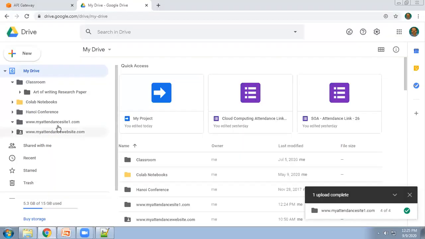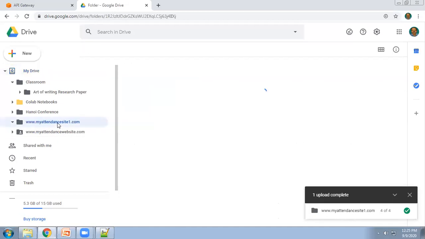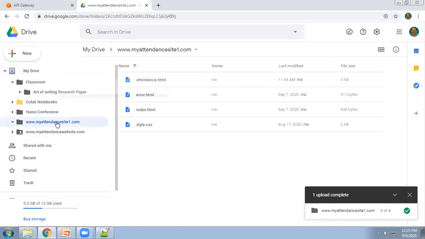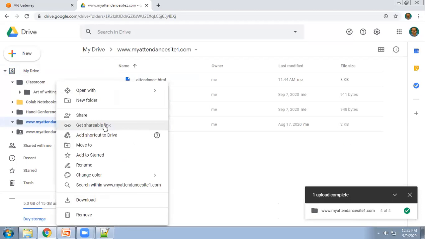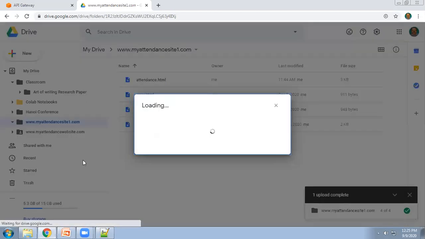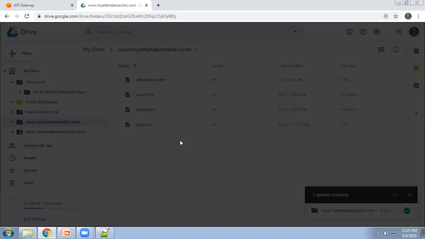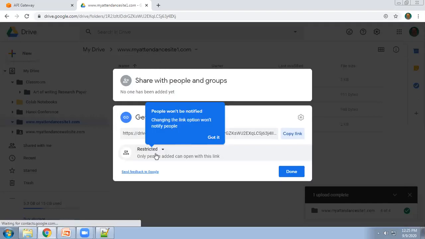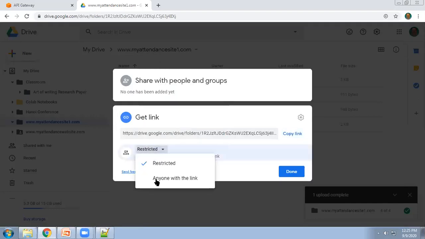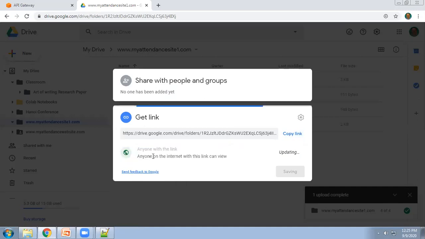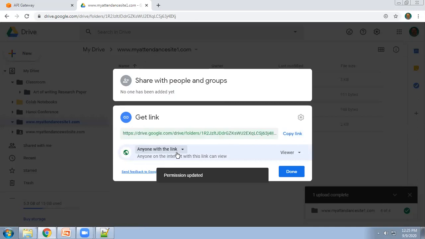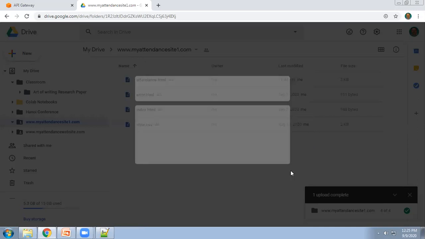You select this particular folder, right click, get shareable link, and click here, anyone with this link. Open this. So I'm making this particular folder a public folder. So done.